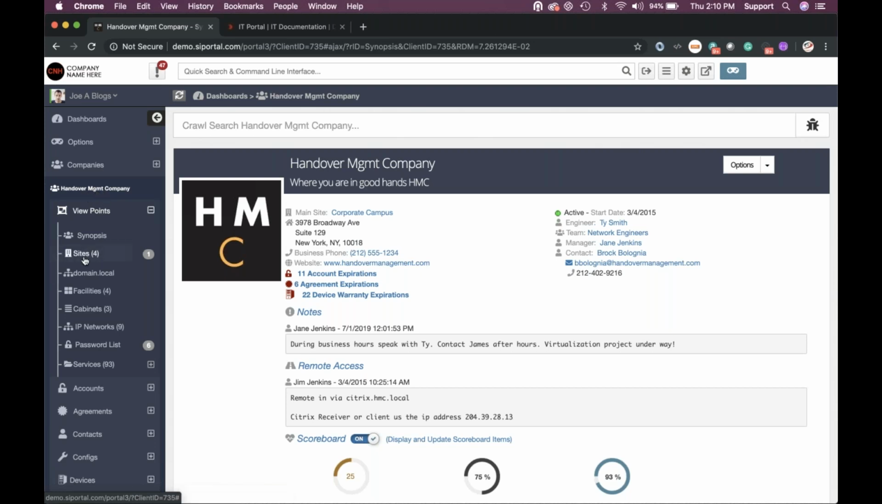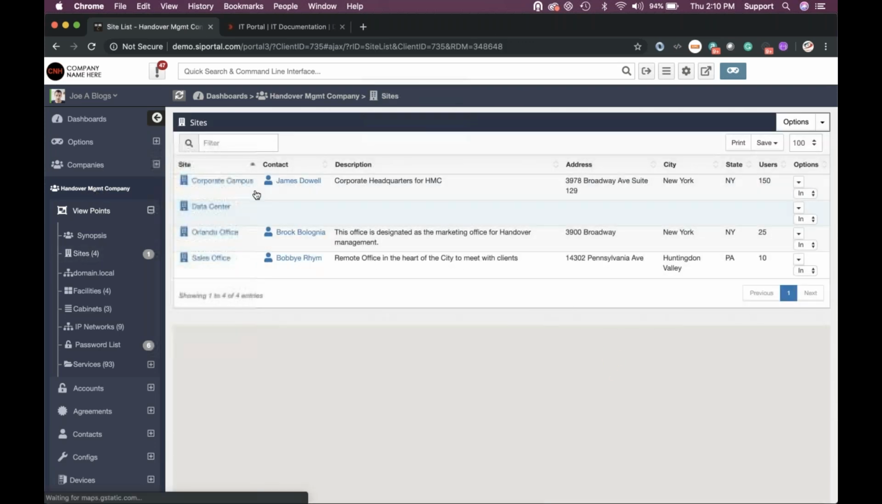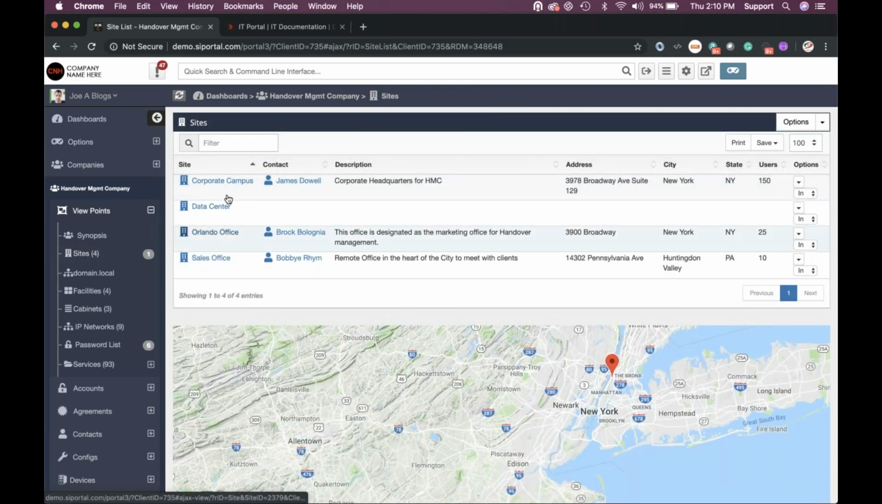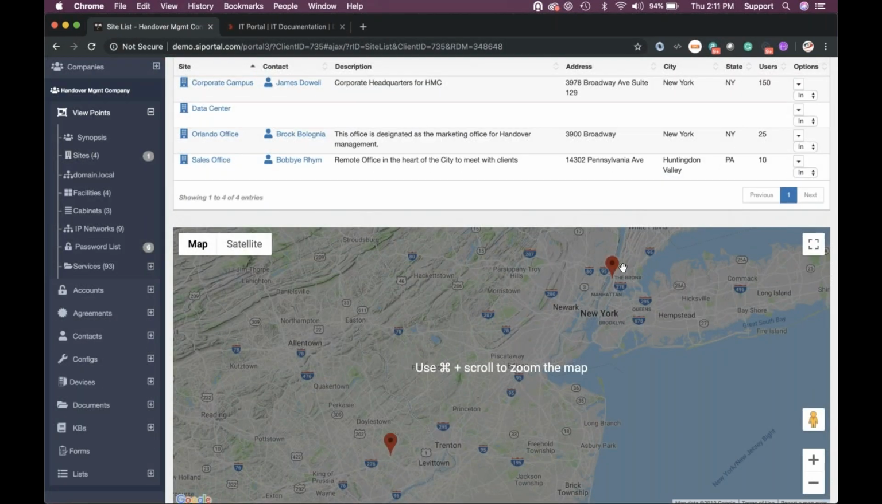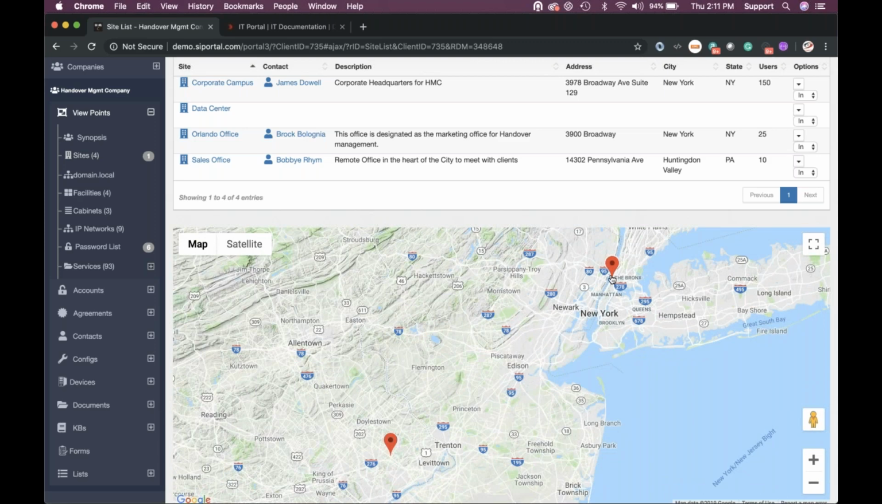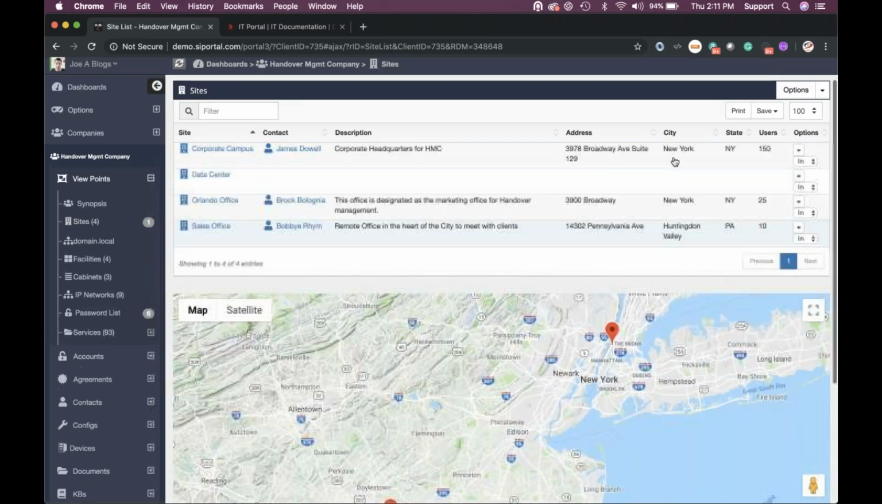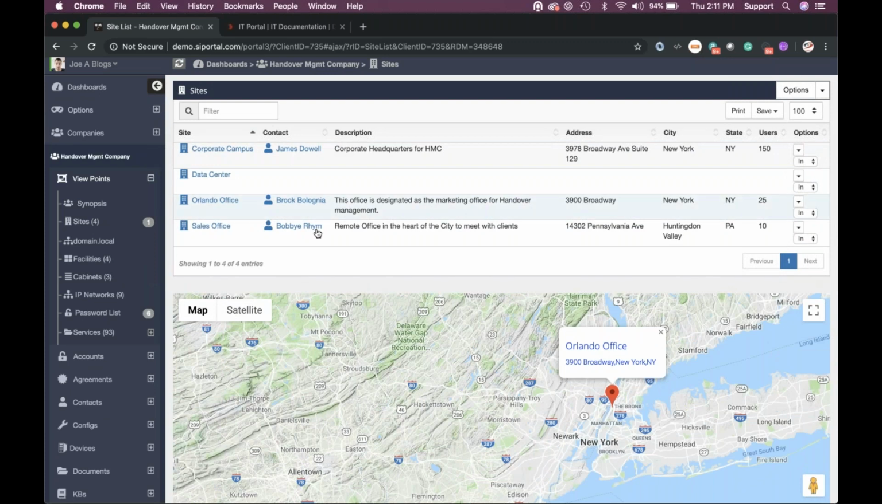So in handover management, we actually have 4 sites. You see that, there are 4 of them here, and each one is located here. We even show you a map of those sites. I think the majority of them are in New York. So we've got 2 in New York here, and they're both listed here. Now, if I actually drill down into a site,